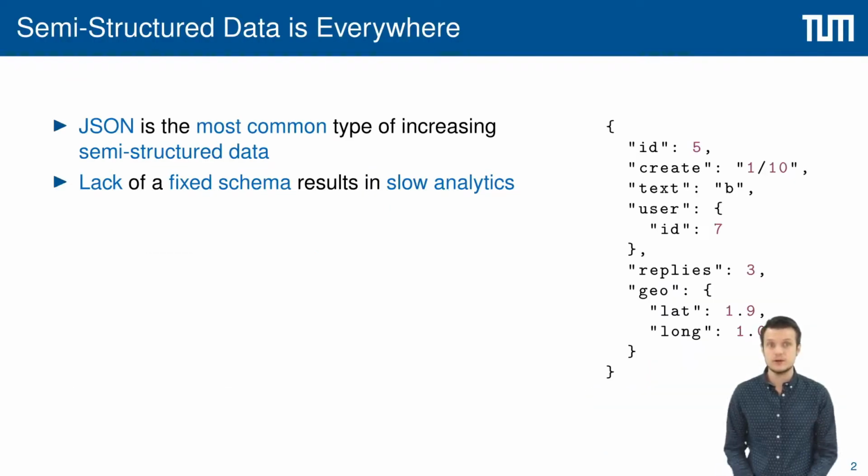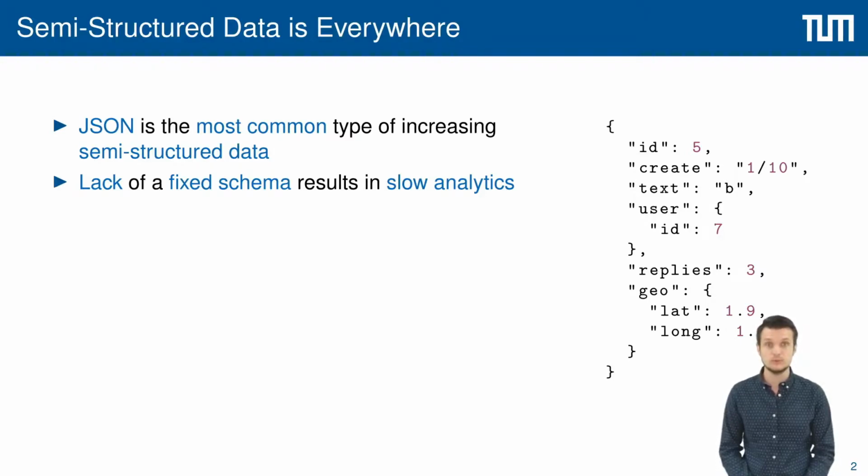In recent years, more and more data is created, and a large fraction of this data is semi-structured. Semi-structured data combine the schema information with the data itself. Therefore, they do not require a globally fixed upfront schema definition, as each individual document has all the information available to process it. JSON is the most common type of semi-structured data format and stands for JavaScript Object Notation,